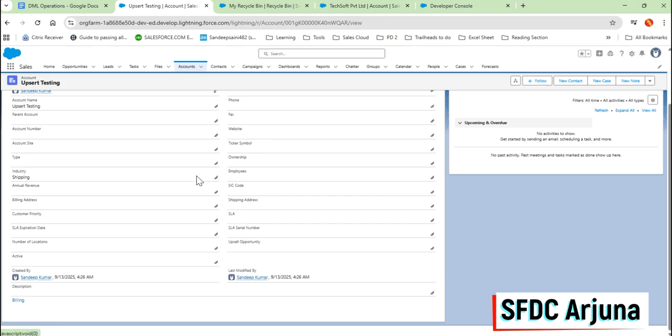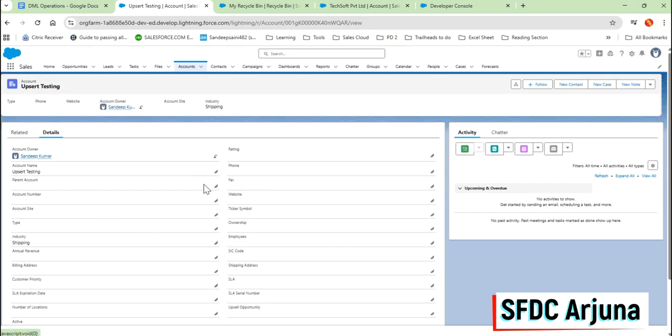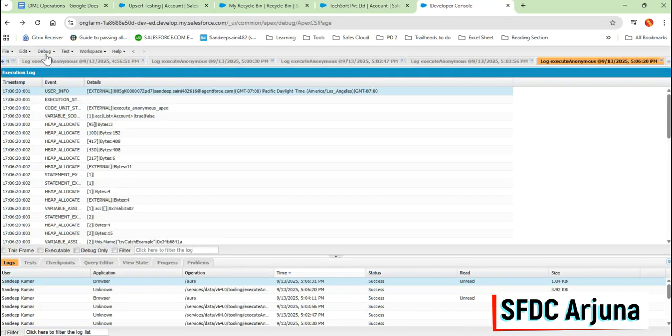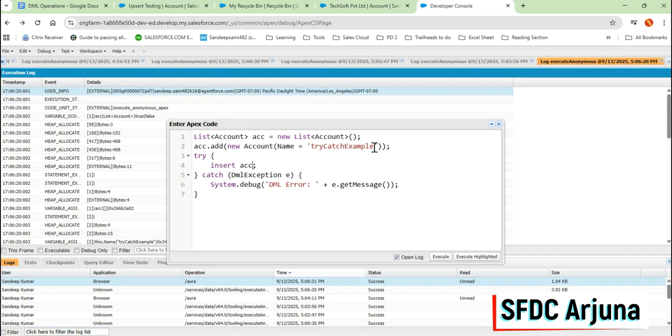And if the account fails for any reason, we can simply put, for example, suppose in this example, I use ID from